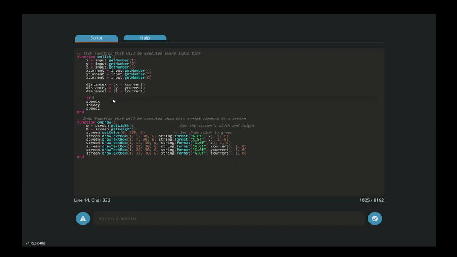If input dot bool 1 true, then I think then speed x equals, let's see, how's this going to work? Because we need the distance divided by the time, so we need to